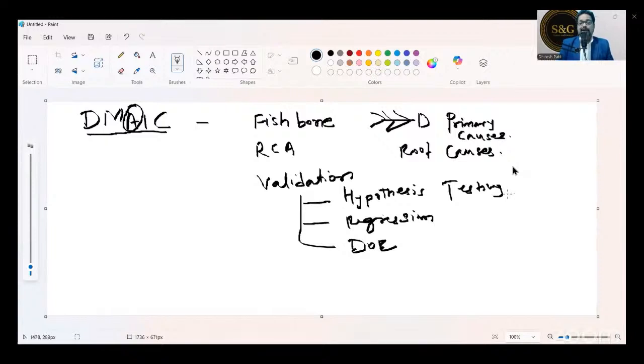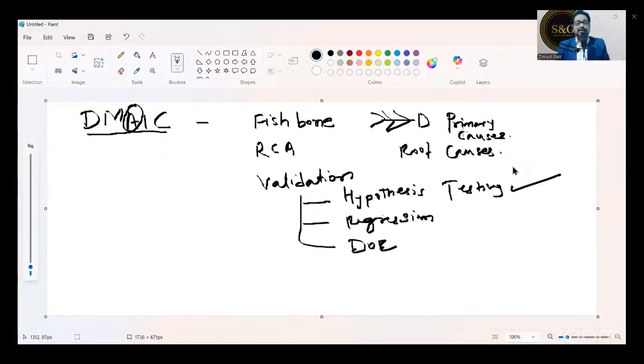So right now we are here in the analyze phase where we are validating the root causes with the help of data. Hypothesis meaning our assumption. In fishbone and root cause analysis, it is our assumption, our hypothesis, which we have to prove with the data. And that is called hypothesis testing.